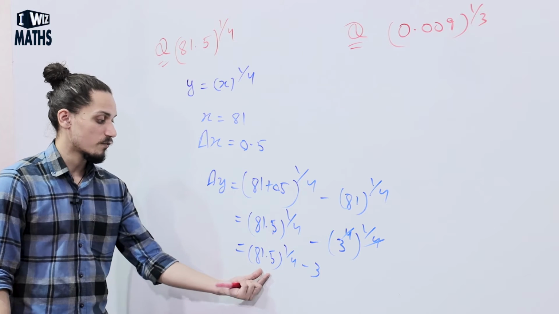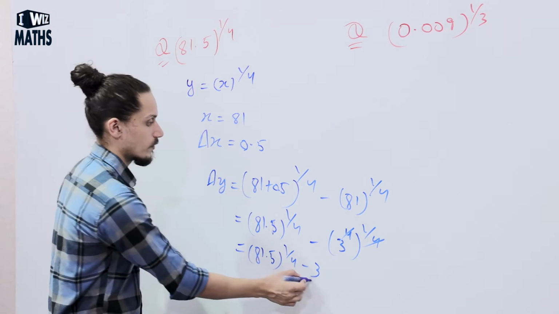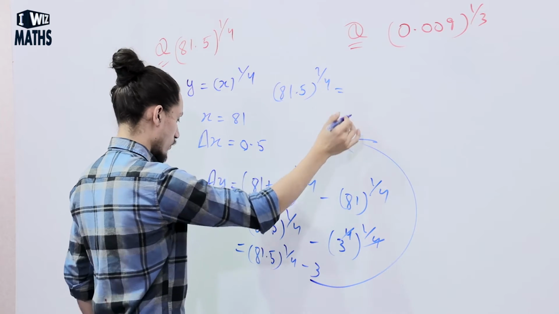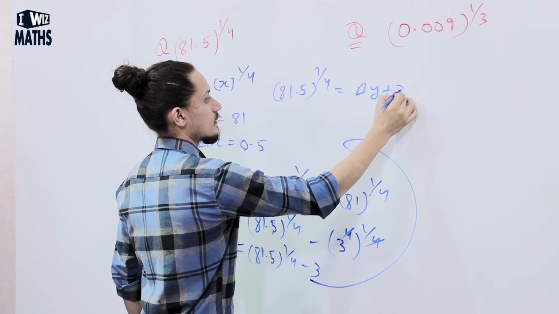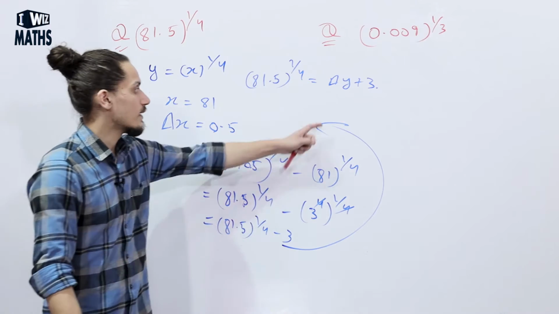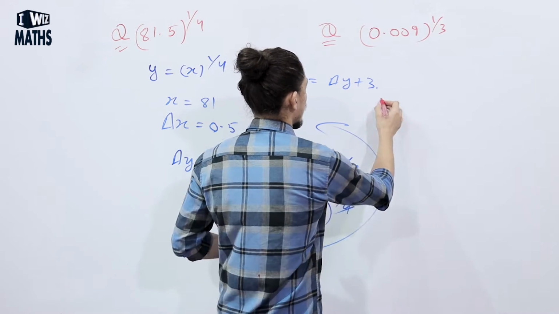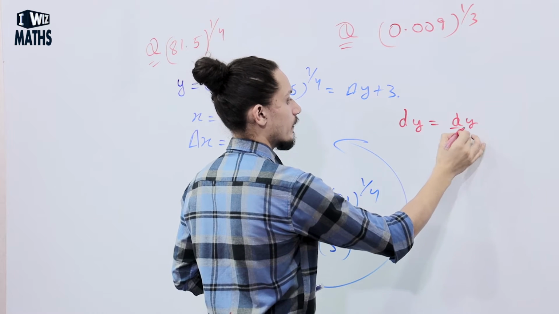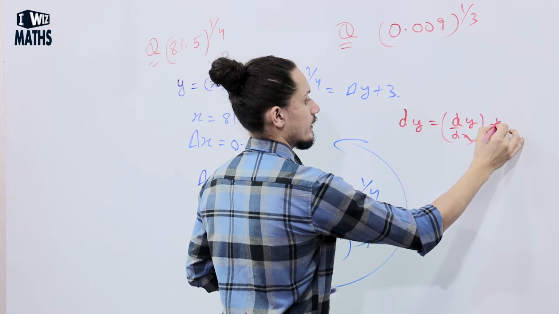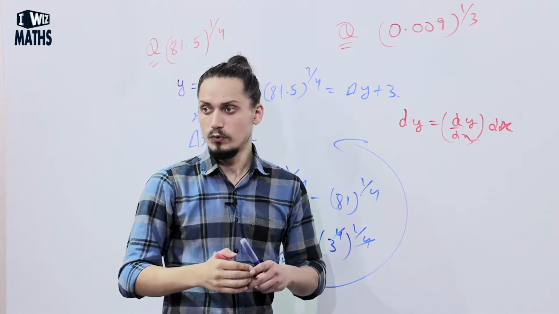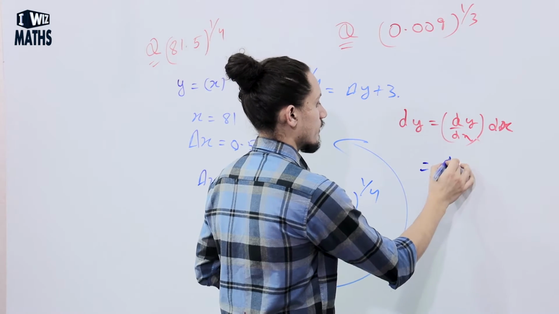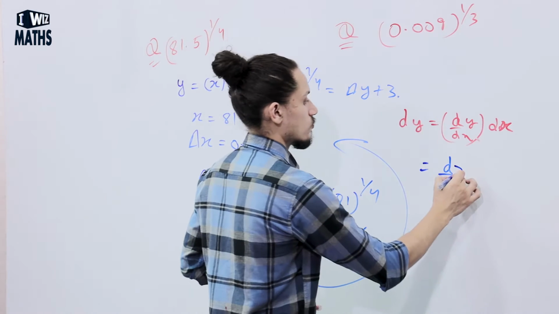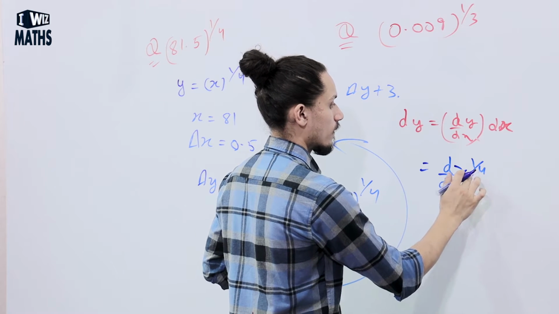So the value of 81.5 raised to power 1 by 4 can be found out by, we can write it as 81.5 raised to power 1 by 4 is equal to delta y plus 3. Okay, now we need to find the value of delta y. So we know dy is equal to dy by dx into dx, and the value of dx is equal to delta x. So we get d by dx of y is equal to x raised to power 1 by 4. So x raised to power 1 by 4 into